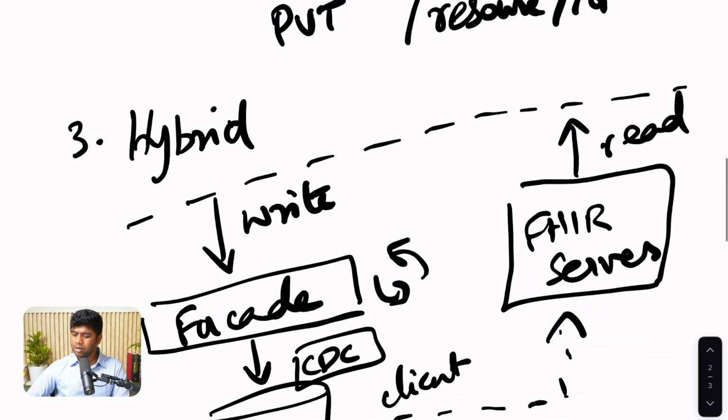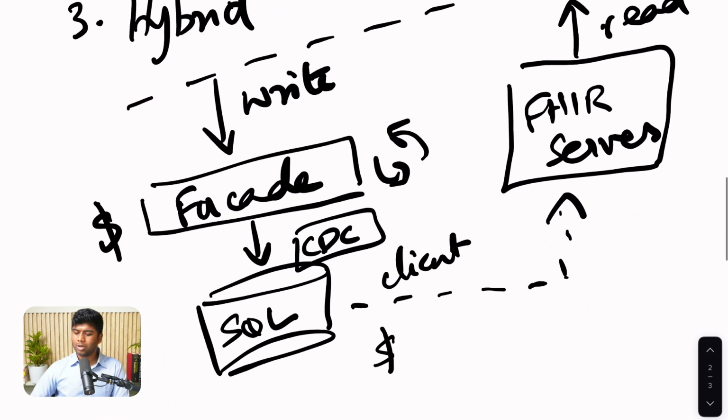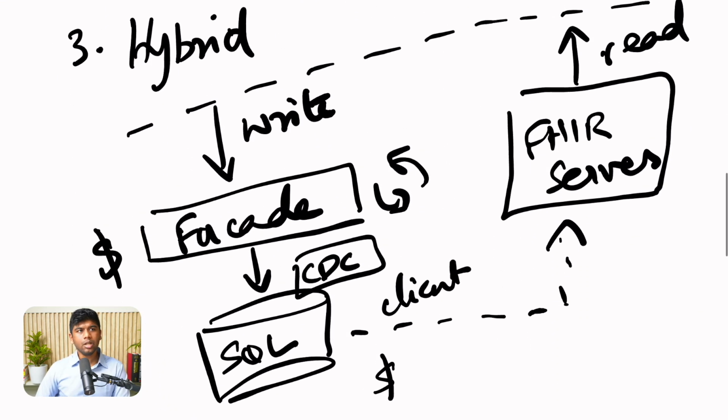But internally, you are doing writes through a FHIR Facade, and you are doing reads through a change data capture synchronized FHIR server, right? So this way you don't have to implement all of the search logic. You don't have to write indexes. You don't have to write all the SQL for hundreds of different search operations, right? So these are the three ways in which you deal with FHIR